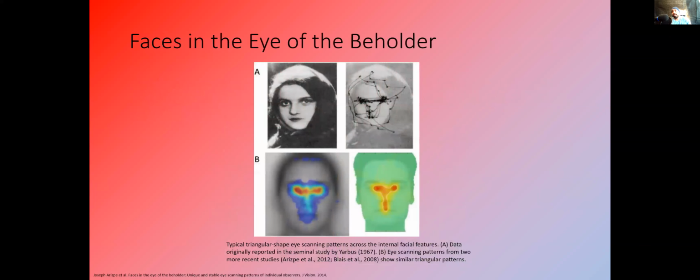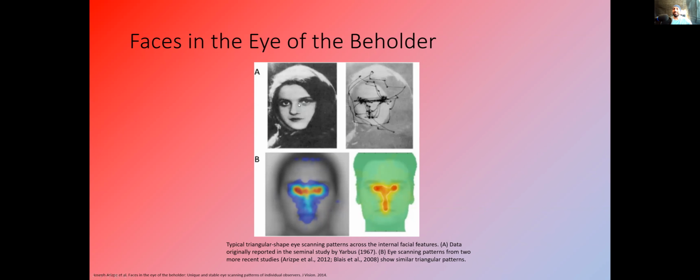So beauty is in the eye of the beholder, and this is a study done by Joseph Arizpe a few years ago, I think back in 2014. References are at the bottom of the slides, and what you'll be able to see from here is they were looking at eye scanning patterns. So as soon as you look at a face, now here at the top, this was done in the